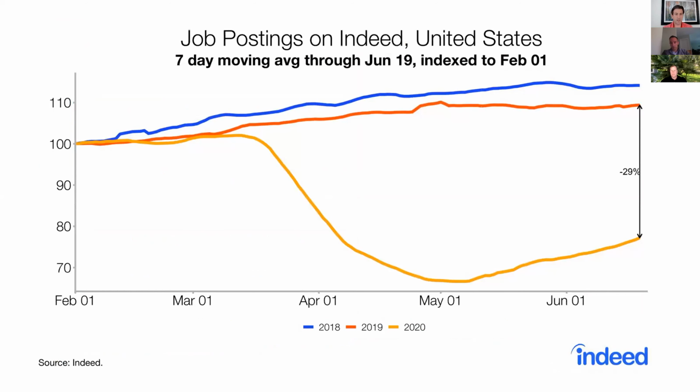So this is from Indeed.com. It's the highest visited job site in the United States. And this just shows the gravity of the situation. The green and red lines show the number of job postings on Indeed.com in 2018 and 2019. And as you can see, in 2020 we're down approximately 30% in terms of the number of job postings. So businesses are wanting to see what's going to happen in terms of the reopenings and the spread of the virus before they commit to hiring more people.